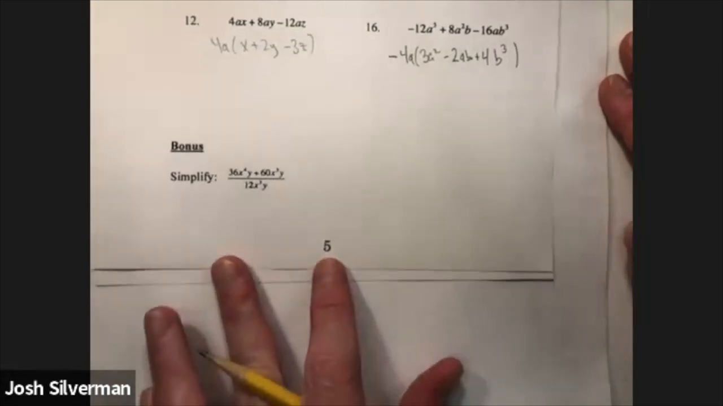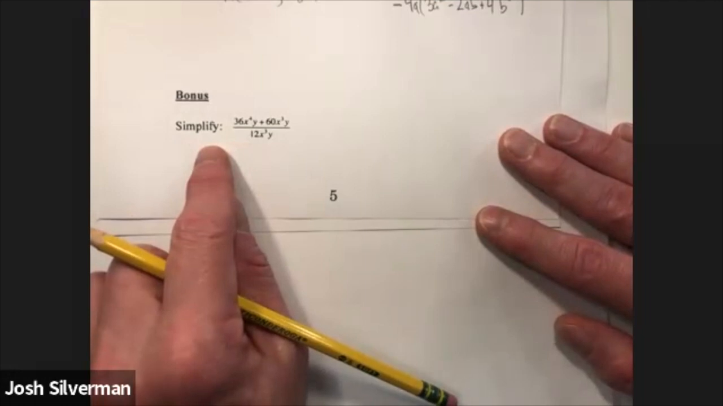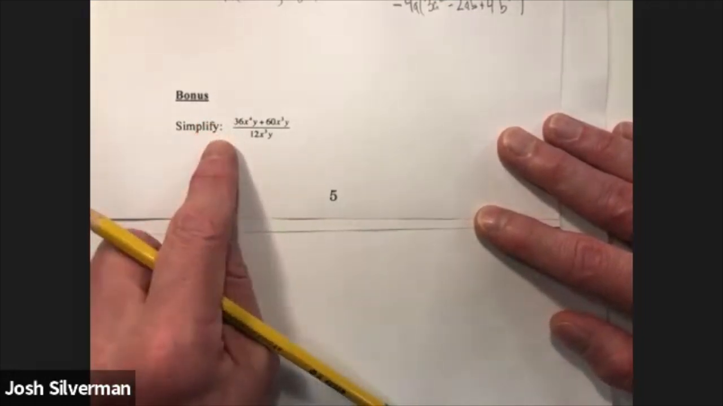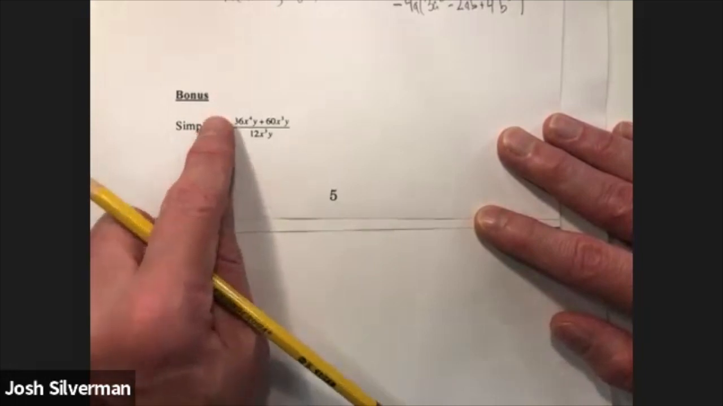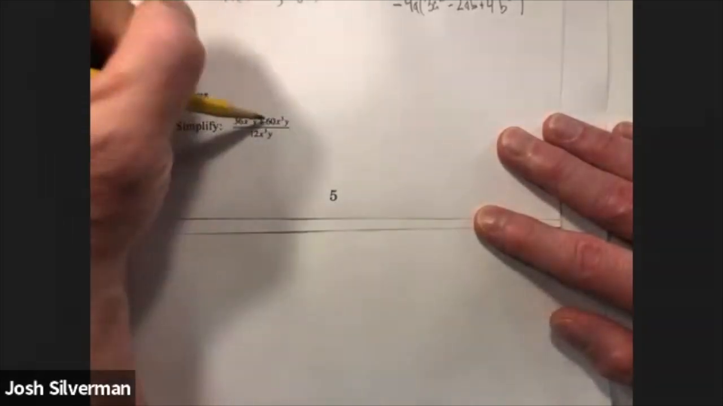One little bonus for you down here. This trick is going to happen pretty often if you're dealing with a rational expression. I call these algebraic fractions. This is when you've got a fraction with letters in it. And anytime that you're doing anything with rational expressions, factor first. So take the GCF of the top,